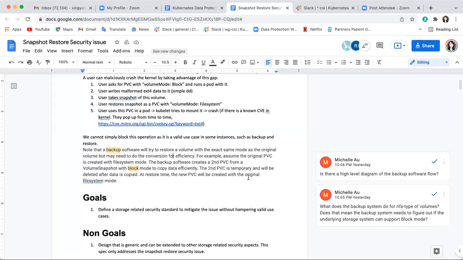How do you make the decision? Because if it's a file system, then it's a file volume, and you cannot really do this conversion. Do you have to do some check before that? How do you make the decision? I guess that's the question.